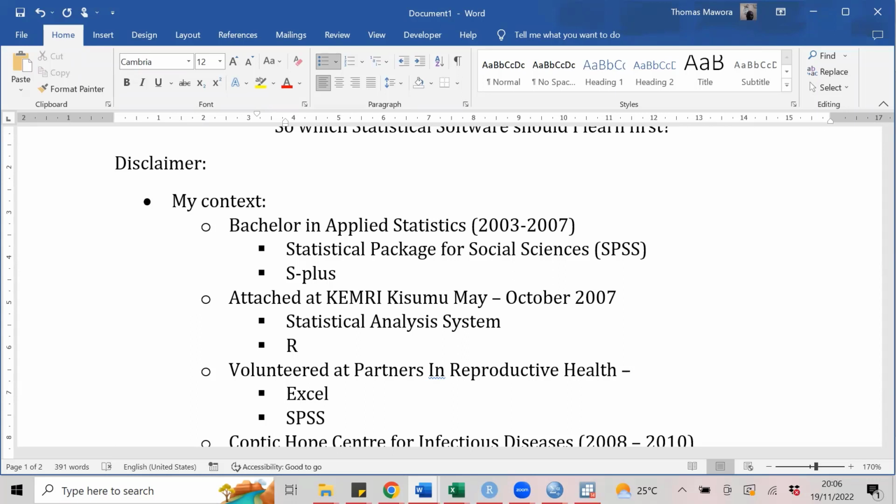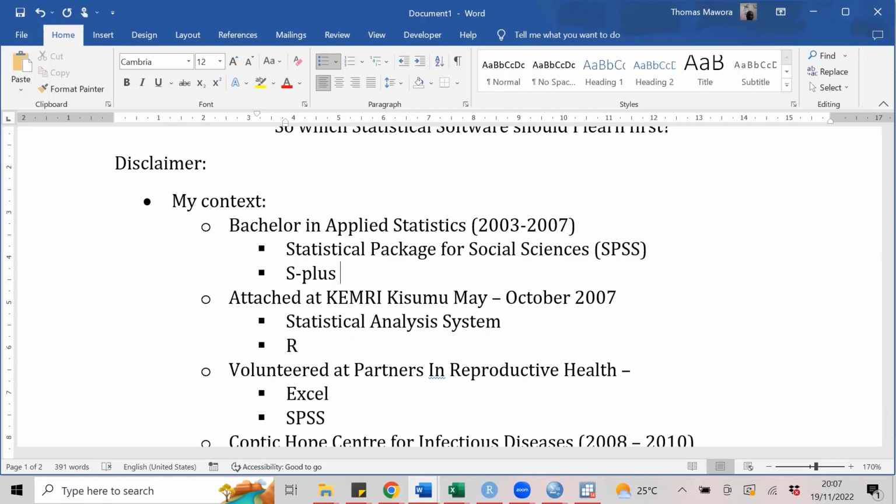And then I got an attachment at KEMRI, Kisumu. KEMRI is Kenya Medical Research Institute. They have an office in Kisumu. I was based at the hospital called Russia. That is Jaramogi Odinga Teaching and Referral Hospital, JOOTRH.